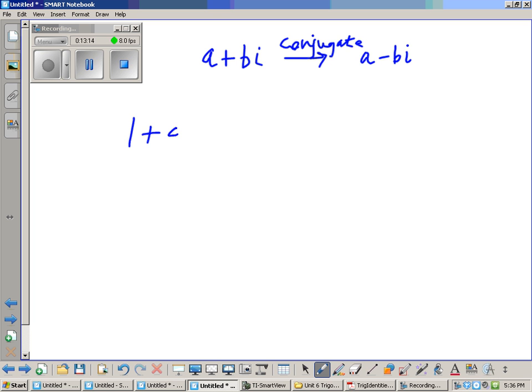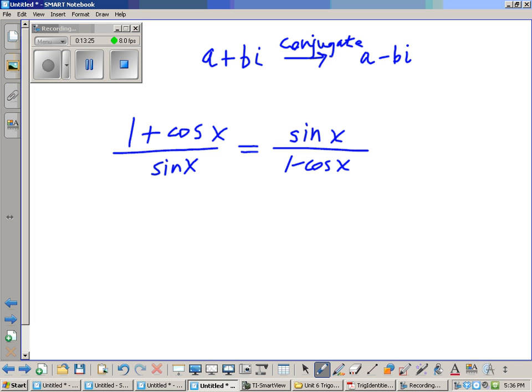So looking at our last example, we have 1 plus cosine x all over sine x equals sine x all over 1 minus cosine x. So we want to show that one of these equals the other. I would recommend that we start on the side that has 1 minus cosine x in the denominator. And what we're going to do here is multiply by the conjugate. Just change the subtraction to addition. We have to be careful to multiply by the exact same thing on the top and bottom to preserve the value of the fraction. So on the left side, I have 1 plus cosine x over sine x